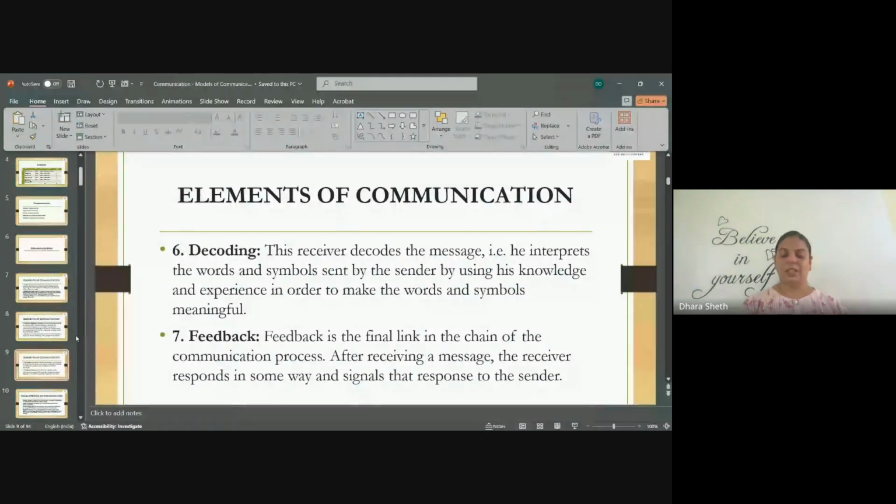Now decoding. So when you listen to those words, when those words fall on the pinna of your ear, when they travel through your inner ear and reach your brain, then the words that I am speaking, or the pictures that you see, or the gestures that you see, based on your knowledge and experience, you decode its meaning. So when I say the word classroom, you can see the classroom because it's there in your experience somewhere, and based on that you understand what I'm talking about.